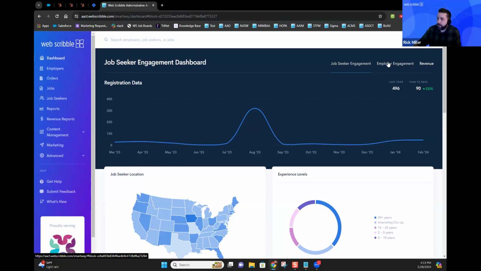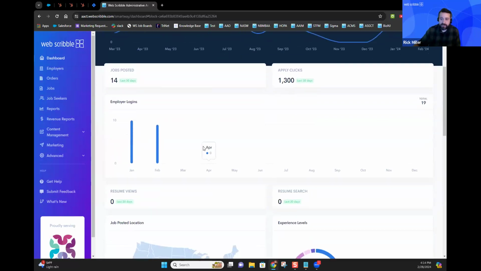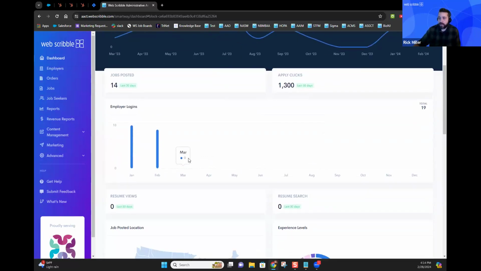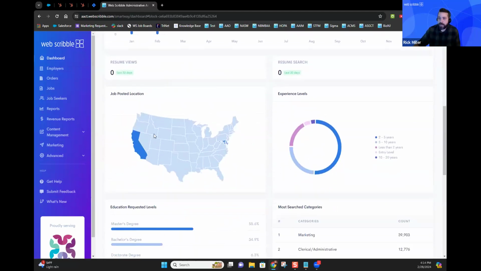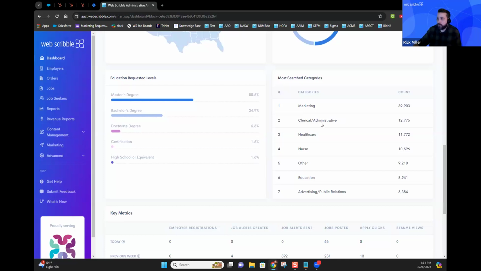The next tab is the employer engagement tab, which is very similar to the job seeker tab, but we give you some different data sets, like employer logins over time, where your employer members are logging in from and where they're posting their jobs, the experience levels they're looking for, and what categories they're setting up their jobs under.